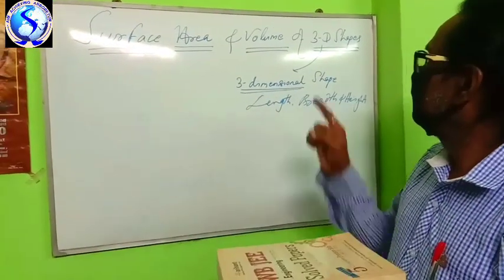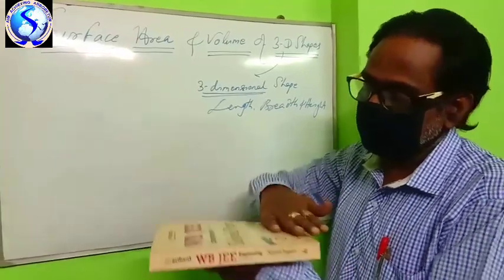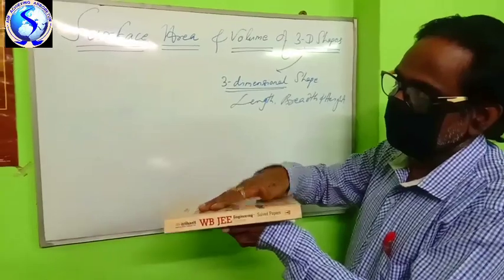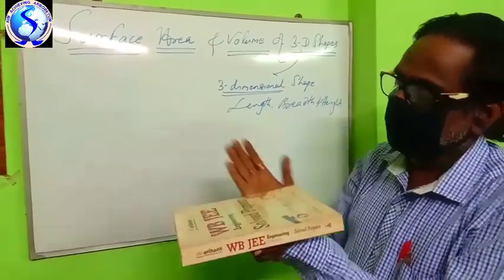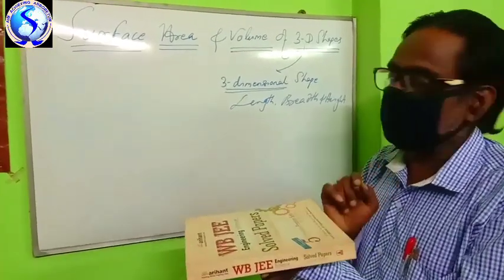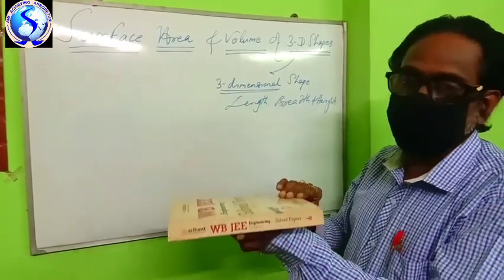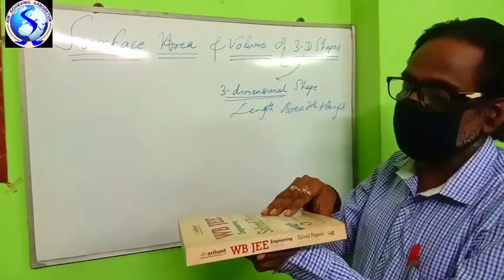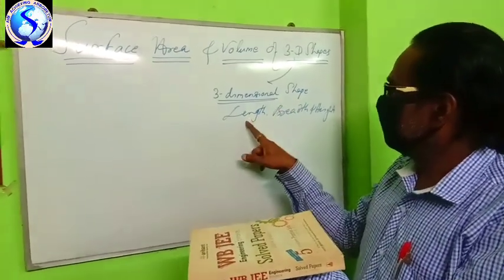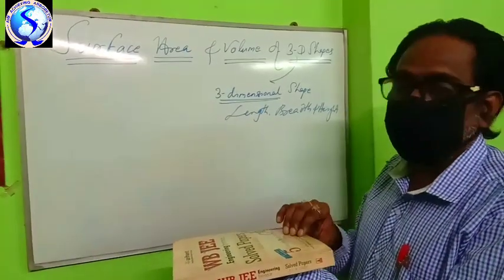Today our topic is three-dimensional shape. You have to find out surface area. Means it is a surface. It has how many surfaces? 1, 2, 3, 4, 5, 6. Total 6 surfaces are there. It means you have to find out surface area and volume. Volume is capacity. How much space is occupied by this 3D object. 3D object means length is there, breadth is there, height is there. Means it is occupied in space.